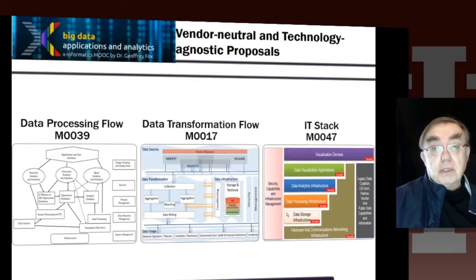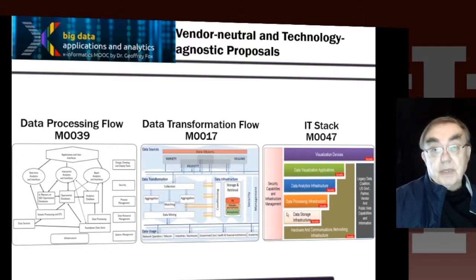All right, so let's look at the vendor neutral and technology agnostic proposals. These are all documented in individual documents. All those documents are publicly available. If you go to the website, whose URL is in the resources, and actually on one of the slides towards the end of this unit, you will find that there's a whole set of documents starting with the letter M. Probably up to now, I don't know, 270 such documents. And here we have rather low numbers, so this obviously comes from the beginning of the document collection.